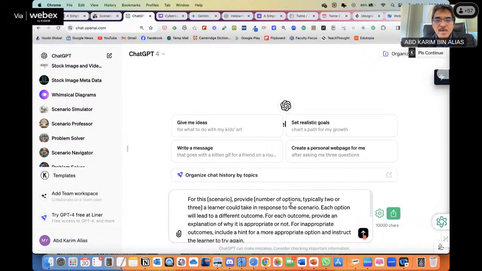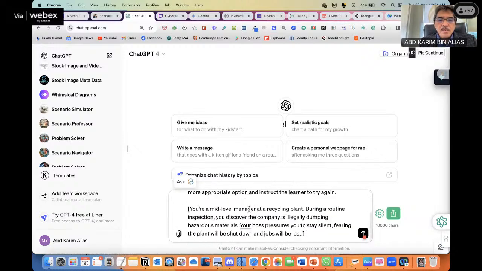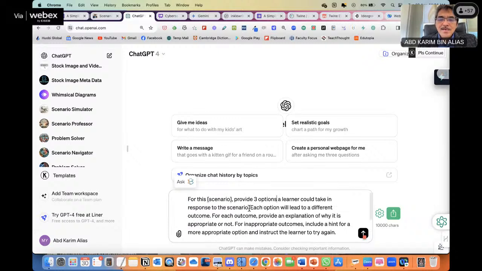Provide, okay, how many options do we want here? Let's say we want to have 3 options in this case. So provide 3 options. Oh, right.